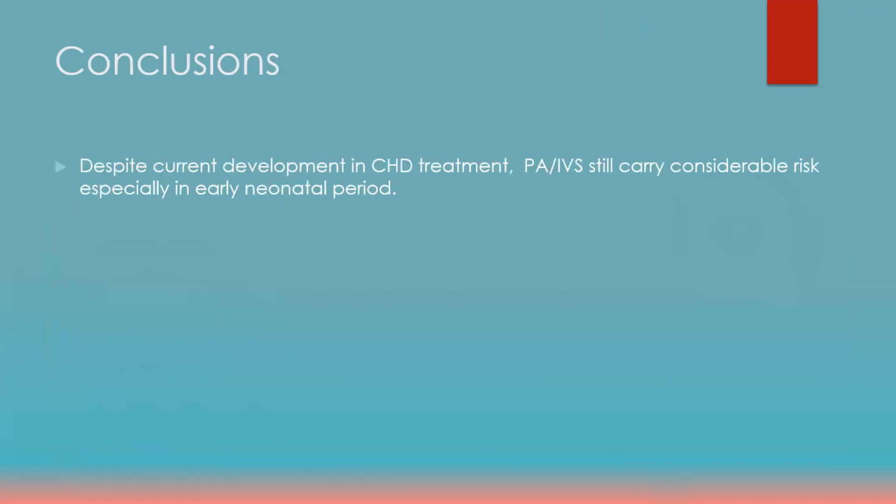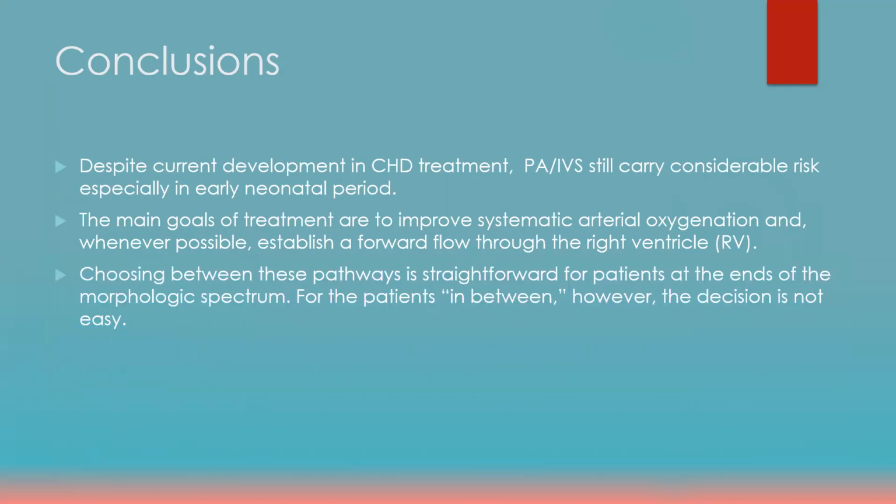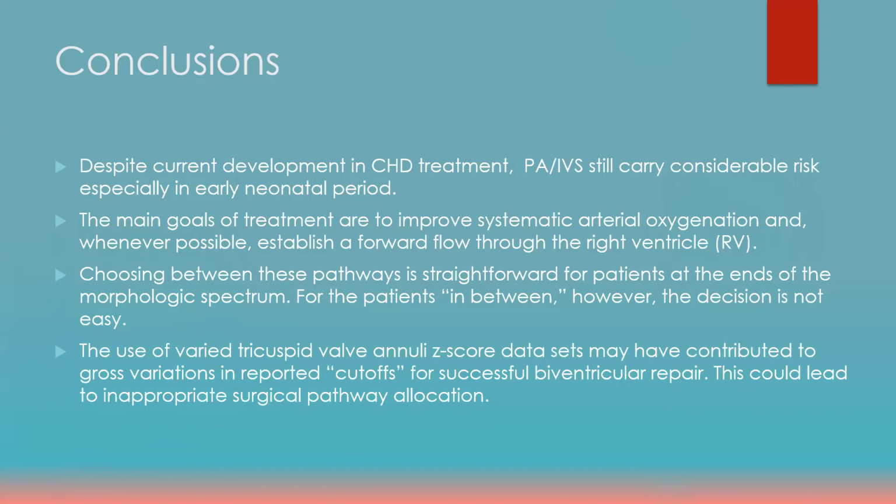Now, in conclusion, despite current development of congenital heart treatment, pulmonary atresia intact ventricular septum still carries considerable risk, especially in the early neonatal period. The main goal for treatment is to improve the systemic arterial oxygenation and, whenever possible, establish a forward flow through the right ventricle. Choosing between pathways is straightforward for those patients at the end of the morphological spectrum. A patient with a tricuspid valve Z value of -1 and tripartite RV is obviously for biventricular repair. This patient with a monopartite RV, tricuspid Z value of -5 and RV dependent coronary circulation is again obvious for a univentricular repair. So those patients who are between them,